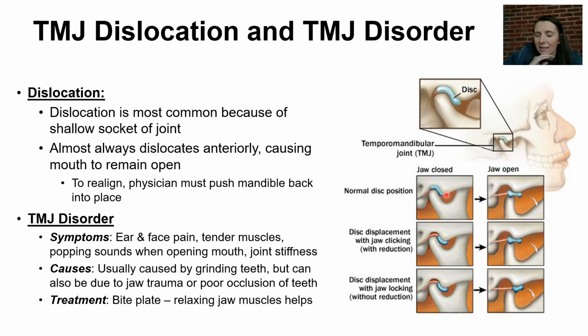This particular disc is a moving disc, which is really cool because whenever we have our mouth shut, the disc is kind of covering up in its space, and then whenever we open our mouths, because the mandible changes position, the articular disc is actually going to move with the mandible, and now it's going to prevent the rubbing together of these 2 points. Okay, so what happens in TMJ disorder